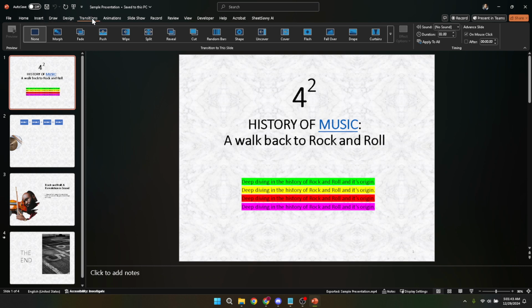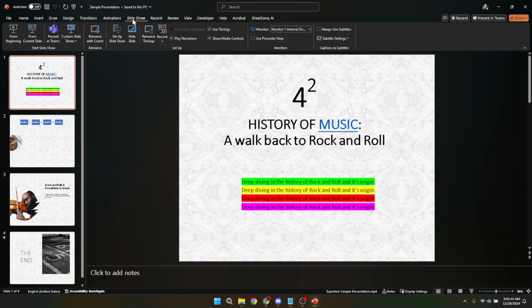Within the Slideshow tab, you'll find several options to customize how your presentation is displayed. Look for a checkbox labeled Use Presenter View. Checking this box is crucial as it activates the dual display setup that allows you to see your notes on one screen while the audience sees only the slides on the other. If you're setting up beforehand, ensure that your computer is connected to a projector or secondary display. This dual setup is essential for utilizing the presenter view effectively.